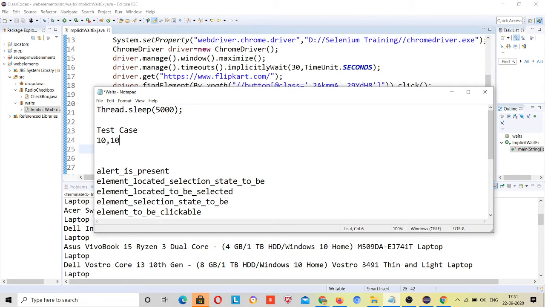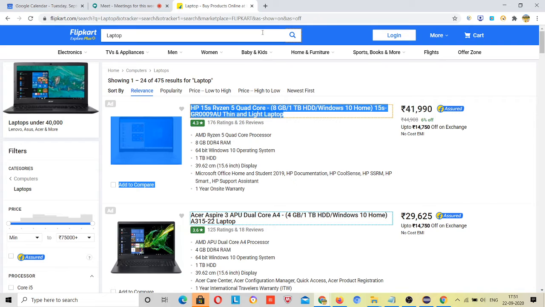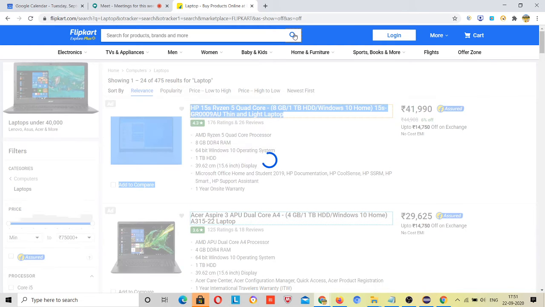Means the loading time is 10 seconds. If you are measuring the performance of any site, you will understand that load time. Suppose here I search for laptop and click here, so this should be loaded within 2 seconds, right?